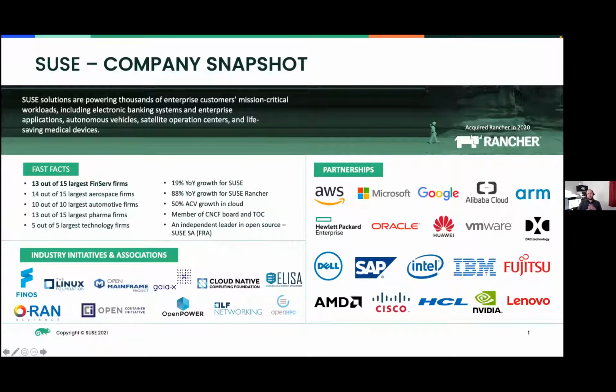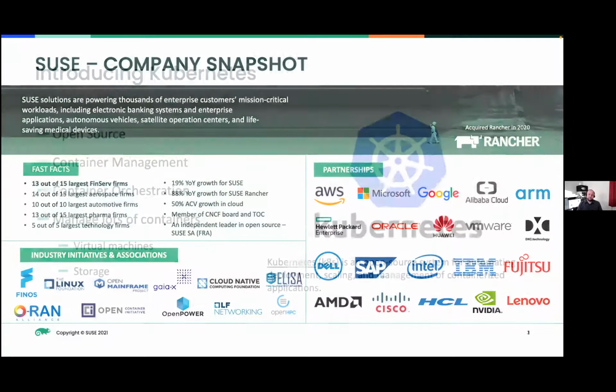I wanted very quickly to give a little introduction to SUSE for those who aren't aware of us. Traditionally, we've been known for our enterprise operating system, SLES, but as the years have moved on, we've branched out into other software-defined infrastructure areas. And with our recent acquisition of Rancher Labs and NeuVector, we're now well positioned to provide that full enterprise container stack that, as Anders alluded to, is such a high priority for a lot of enterprises today.